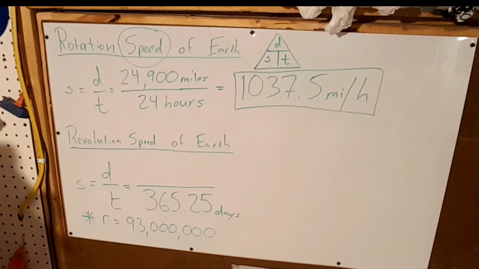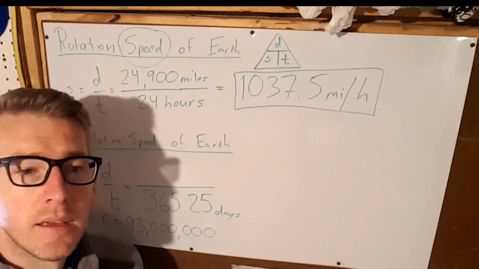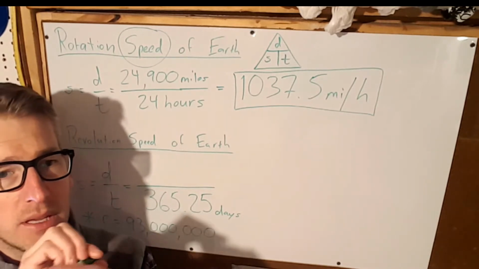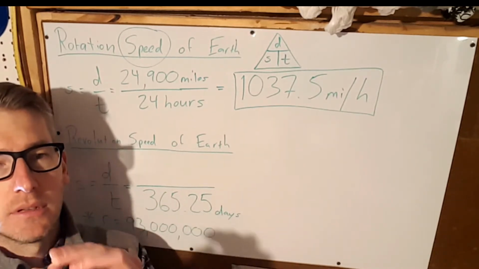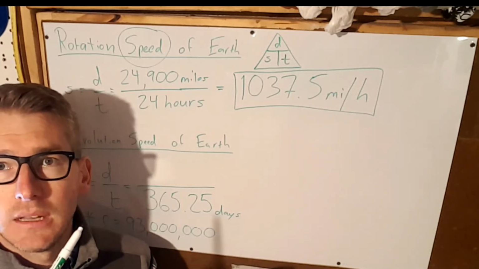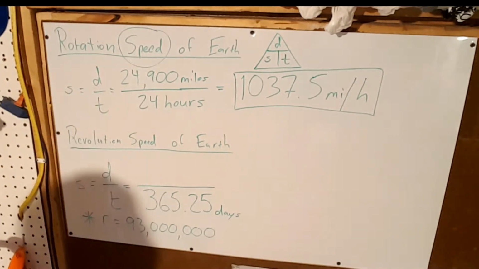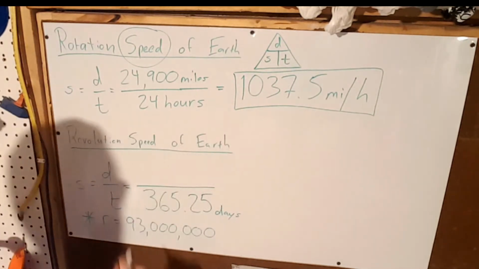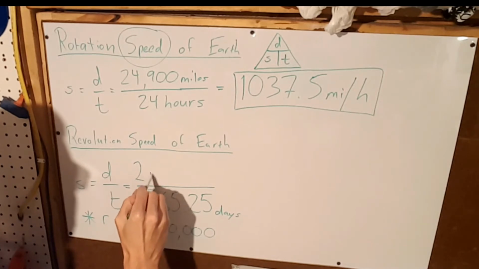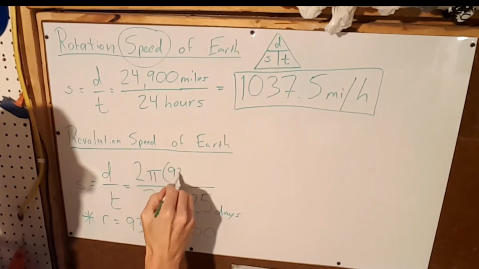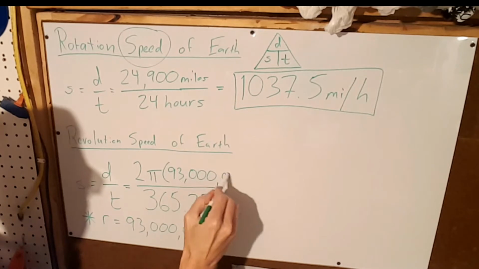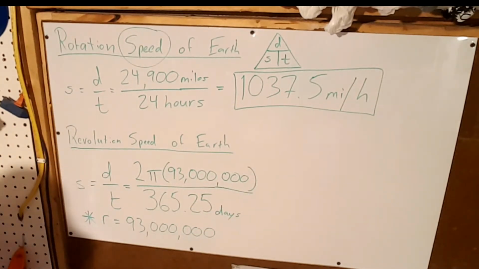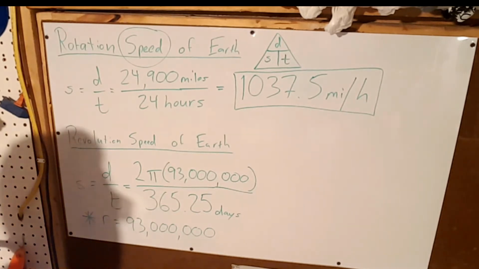Now you might think average distance, why am I not choosing the letter D? Because if you think about it, the distance from the sun to the Earth is actually a radius because it travels around in an orbit around the sun to give us the year. But lucky for all of us, the circumference formula is very, very simple. So it's 2 pi r, and r is that 93 million miles. Super easy. There you go. I'll plug it in for you. 2 times pi times 93 million divided by